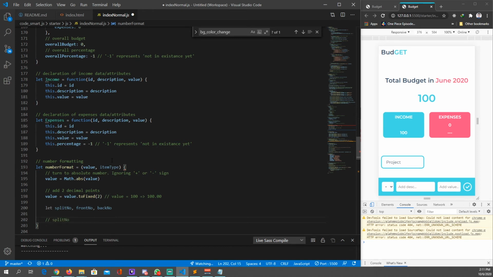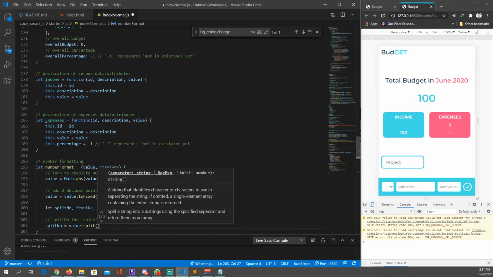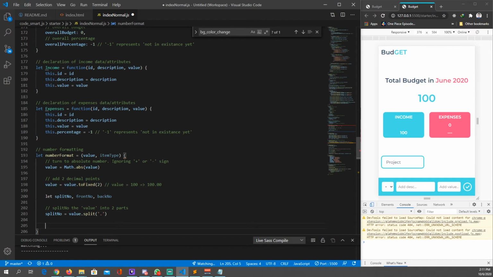Basically, we're gonna split the value into two parts, which is the split number equal to value dot split. We're gonna split it where we put the decimal points,